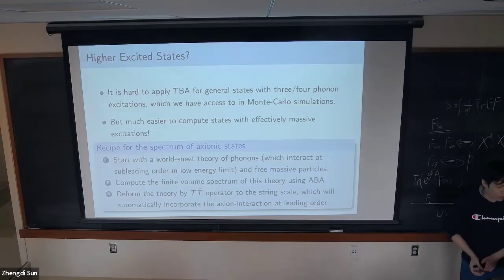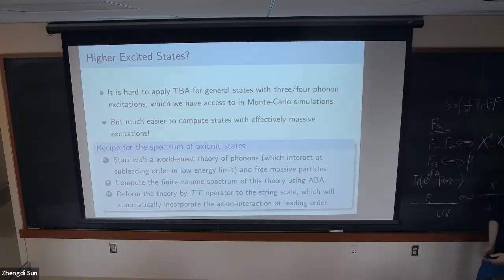So we want to find a way to compute all the axionic states, meaning all the states with massive excitations. And in general, it is hard to directly apply the TBA to these general states with more than 2 phonon excitations, because we know that